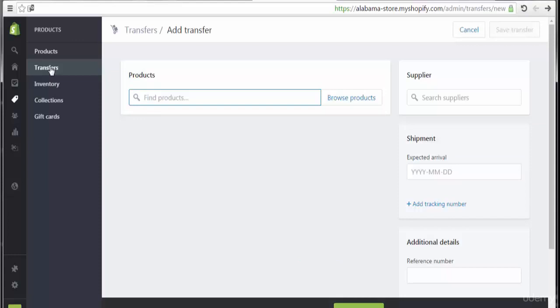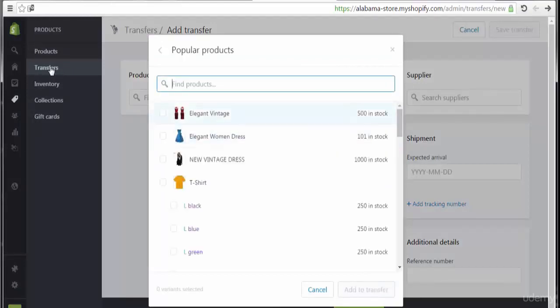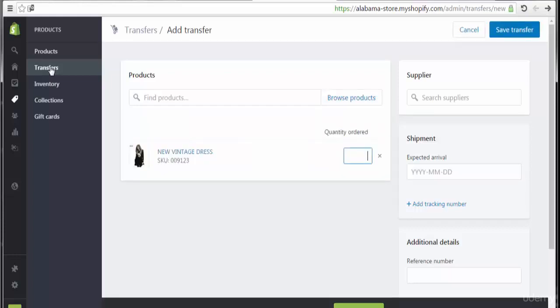So here we can add multiple. We have to browse some categories or some products, popular products or collections like this product. Let's choose this product, add to transfer. Here we go. Okay, we have added a new product to the transfer. Okay, the quantity ordered